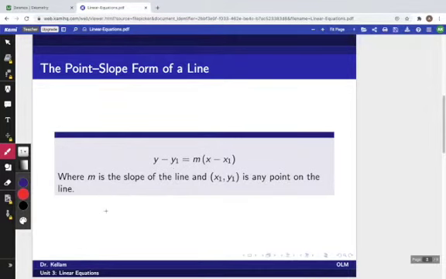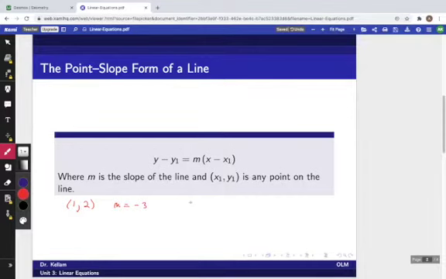Specifically, let's say we had the point (1, 2) and a slope of -3. We don't know the y-intercept here,